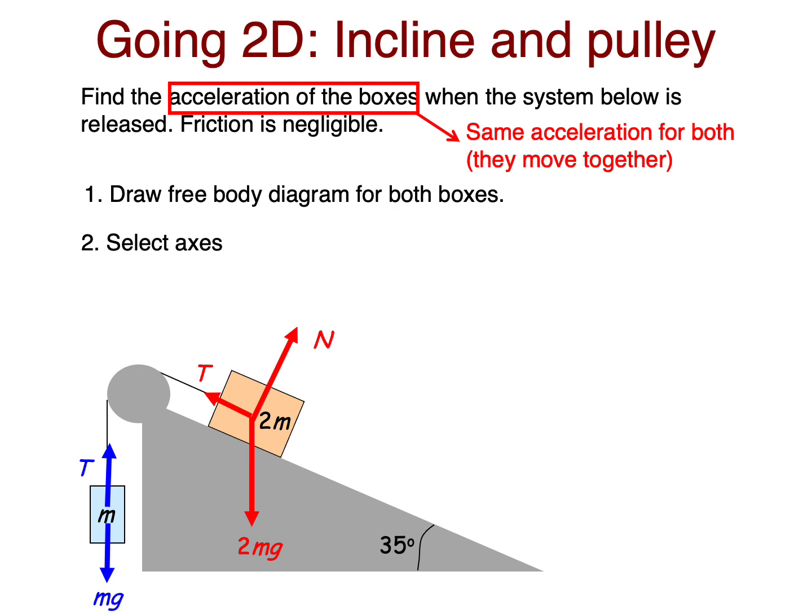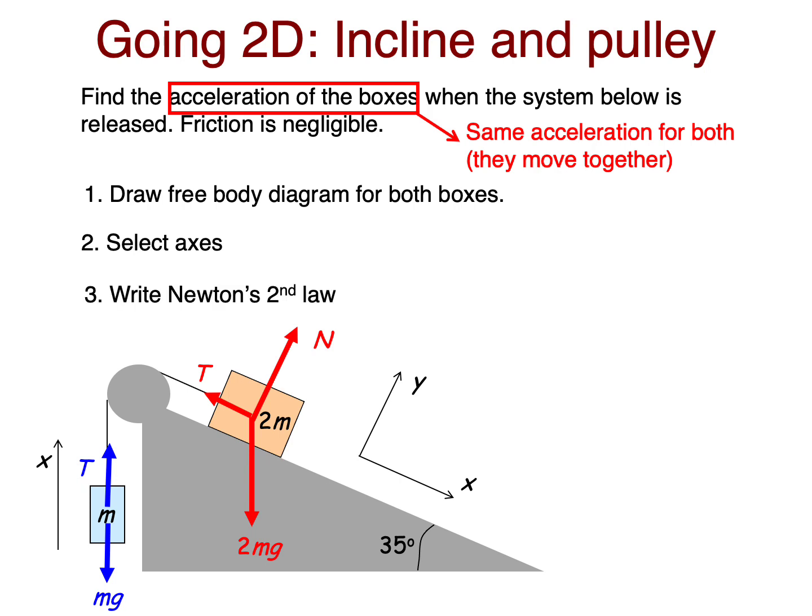The next thing you have to do is select your axes. In this problem, we are going to have the positive x direction, for the beige box, going down the incline, which means that for the blue block, going up is the positive x direction. And again, for the beige block, we have both a y component, or a perpendicular component, as I like to call it, and a parallel component, an x component. And again, we have to be consistent. When this block is going up, this block is going down or to the right, and that is our positive